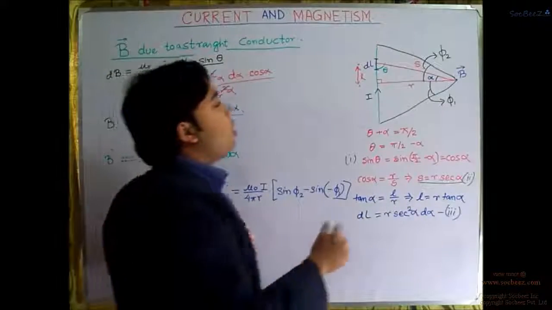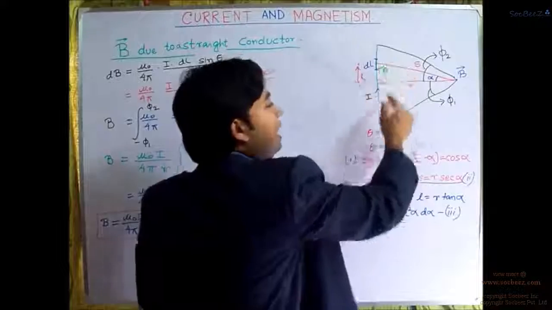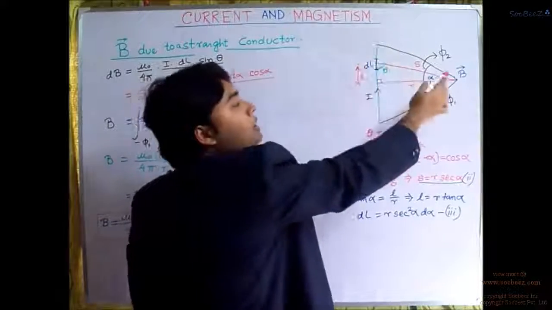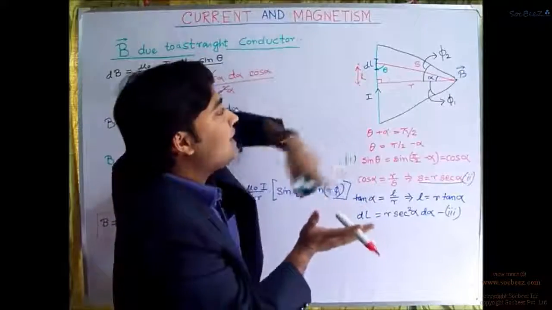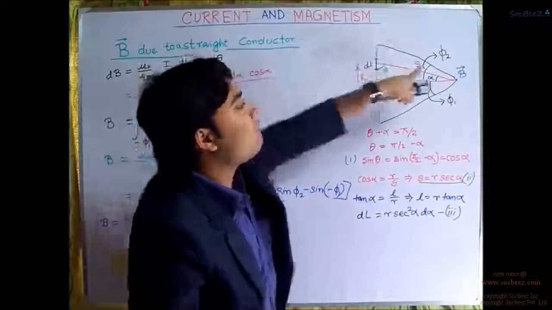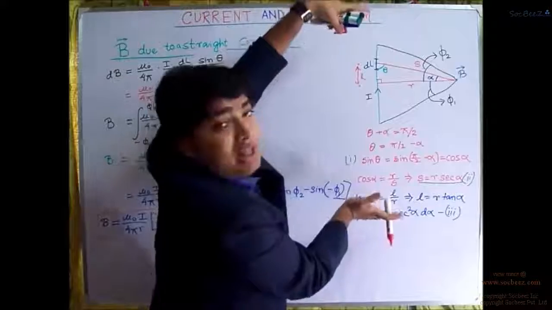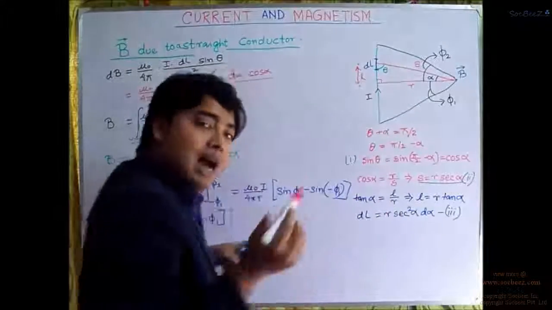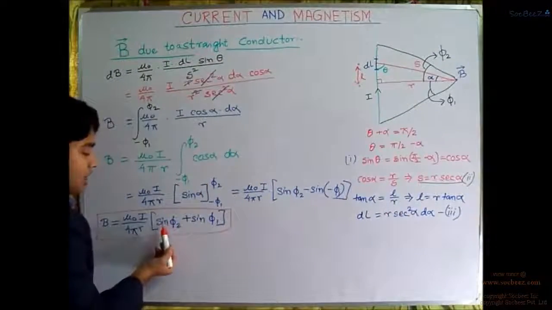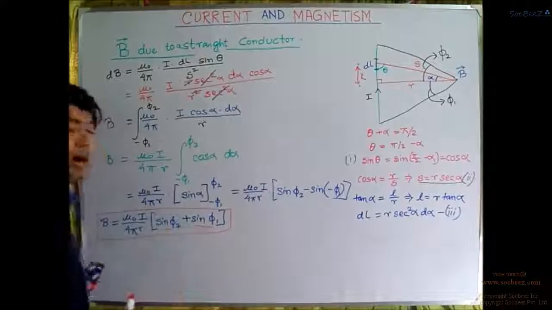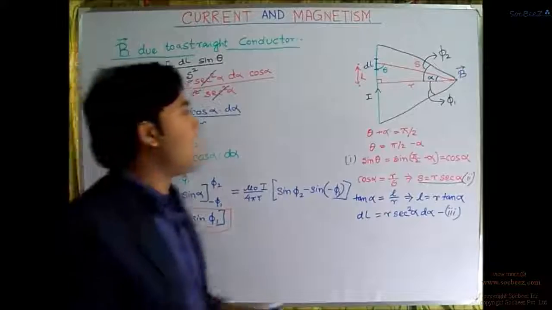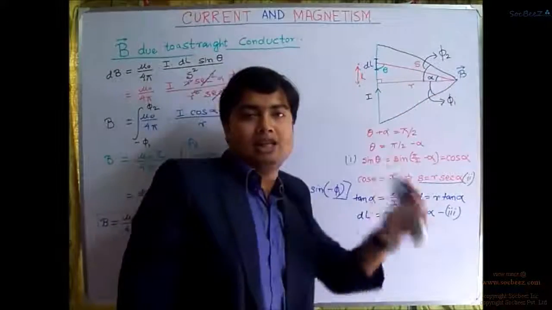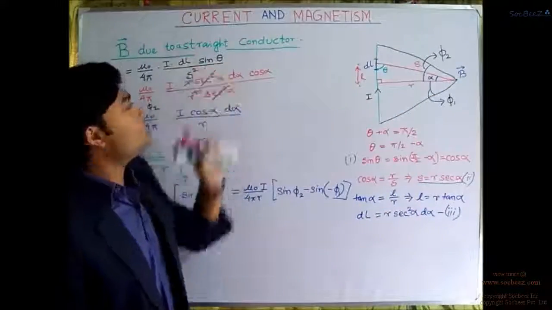Why? Because if the length shortens, this phi 2 and phi 1 will also shorten. If the length increases, phi 2 and phi 1 will also increase. And that is indicated here as sine phi 2 plus sine phi 1. So this is the expression for the actual magnetic field experienced by this point due to a straight